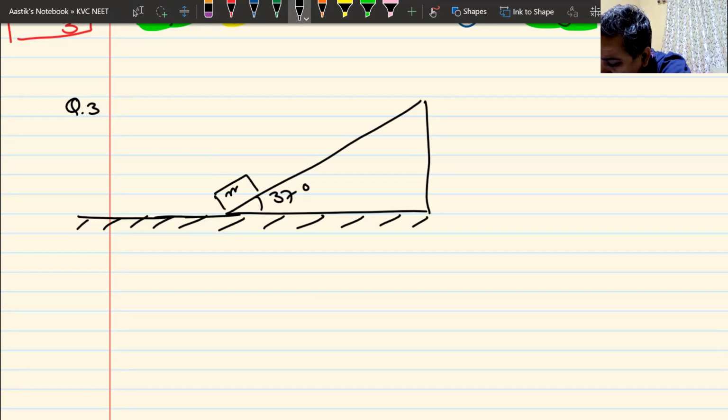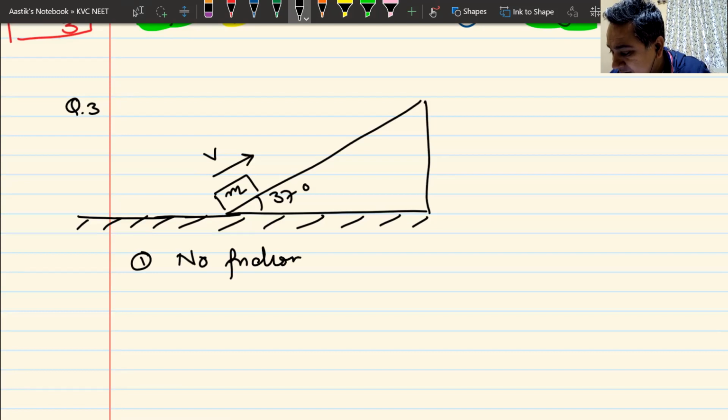So I've changed the scenario a bit. I have a block here, which I'm going to push up. This block is pushed up with a velocity v. Now, I'm not giving the value of this velocity. If I give the value of this velocity, you can find out the answer in terms of numerical value. I'm just giving it in terms of v so that you get a general answer. So I have pushed this block up with a velocity v. Now, let us say that there is no friction. In case number 1, there is no friction.